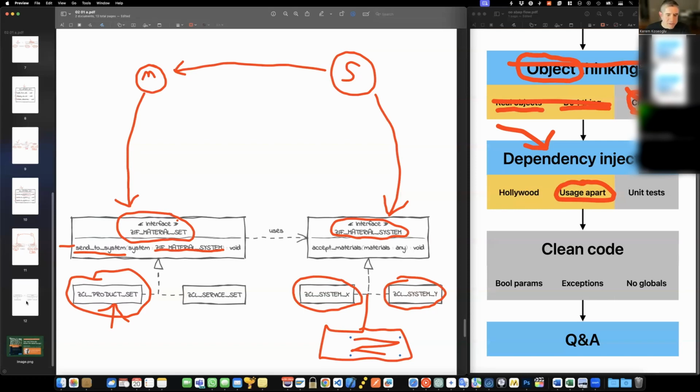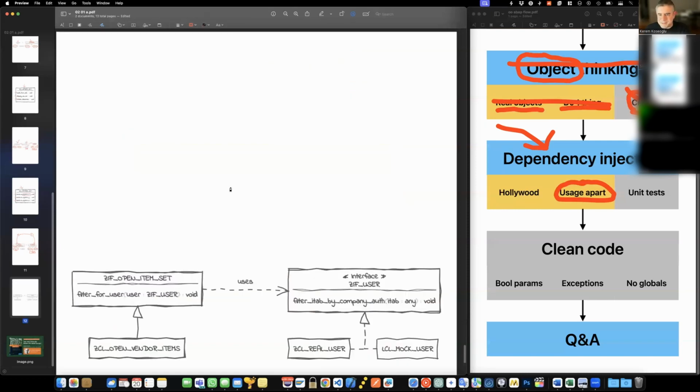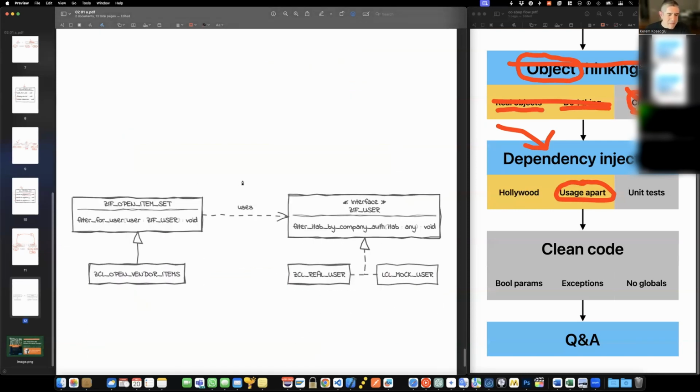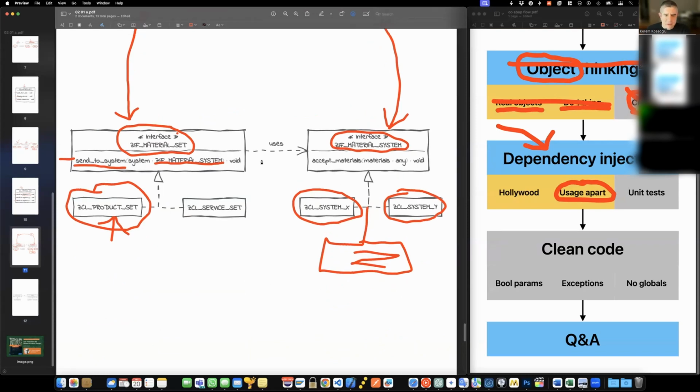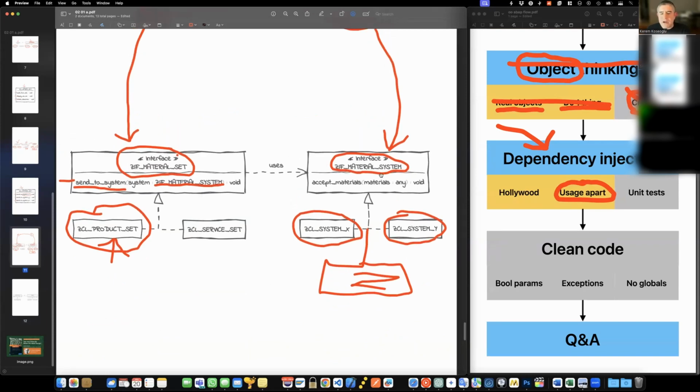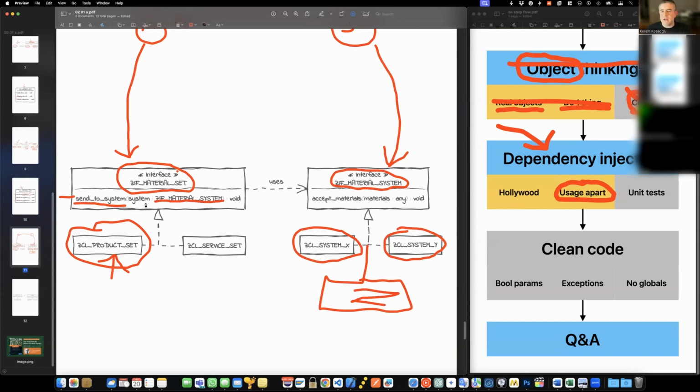And this is especially useful. This is my last sentence before the questions. This is especially useful in tests, because if I go back here, when I'm doing a unit test, an ABAP unit test, for example, I can create mock classes out of the material system and pass these material system mock classes to my real material class to test the functionality. This is another big advantage of dependency injection. It's very useful in unit tests.